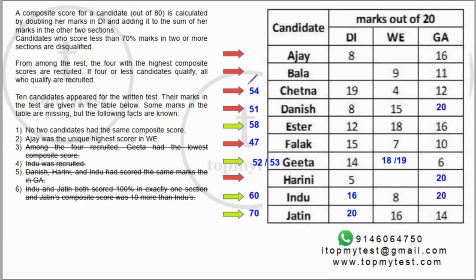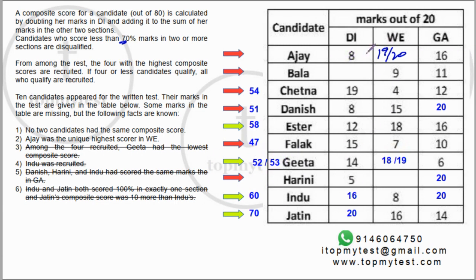Now Geeta has to be selected, whereas Ajay will not be selected. Sorry, Ajay is going to score either a 19 or a 20 here. Right? Ajay will satisfy this criteria. So the only reason Ajay is not selected is because Ajay has scored lesser than Geeta, which means Geeta has to score more than Ajay.